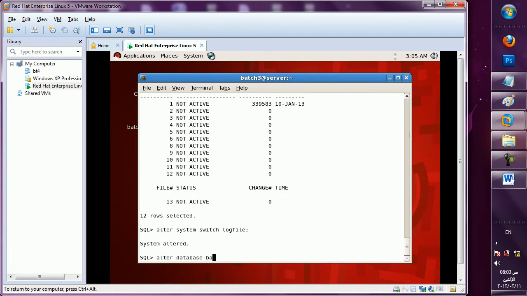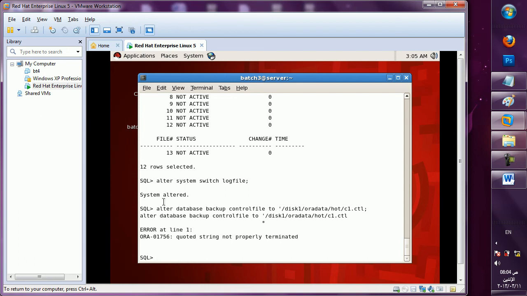Now, how to take the backup of the control file? alter database backup controlfile to. This is the command, where you want, disk1 oradata, suppose hot, in that only I will take. Okay, hot, and by the same name if you want you can take control.ctl, or you can give suppose c1.ctl, no problem, so that you can understand.